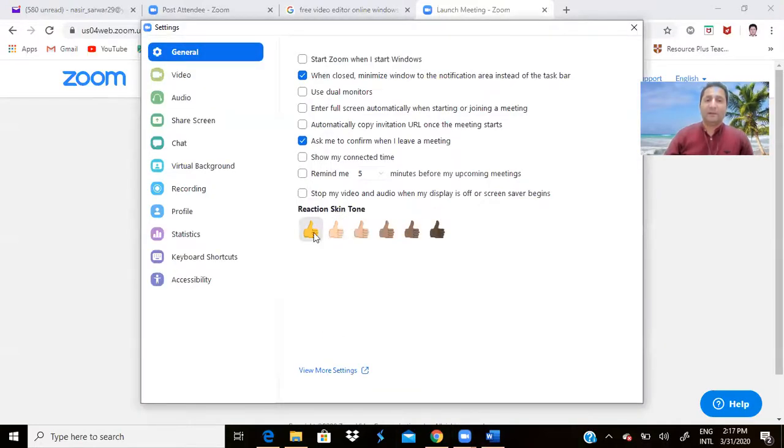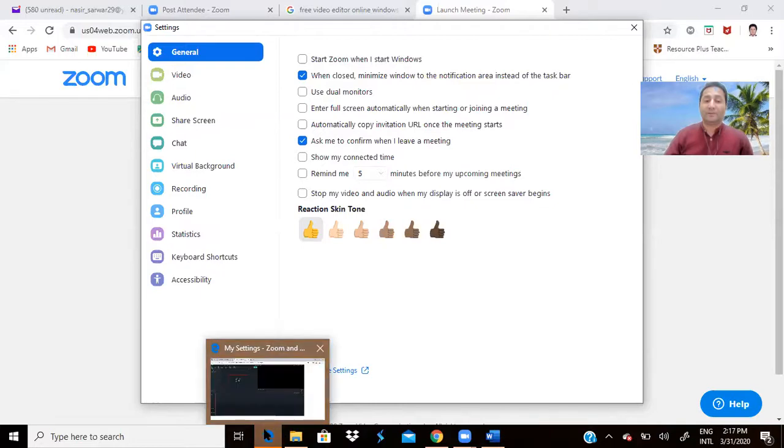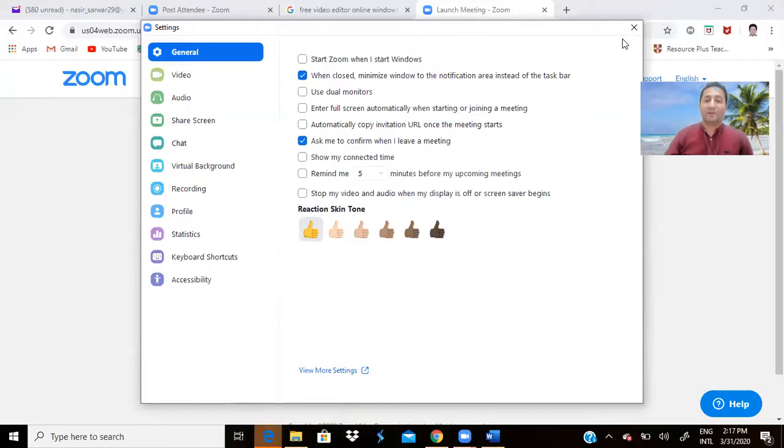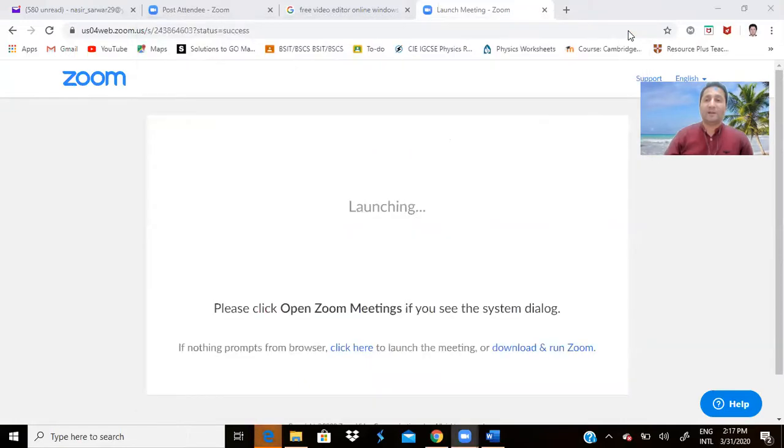When you have the setting here, all of this part, video, audio, all are here. You have to go down and there is written "view more setting." Click on view more setting. When you click on view more setting, a new page will open in Internet Explorer. You can go and see that page, and you just minimize this page. Now I will minimize the screen and share the new page that I opened after clicking that. I want to share that page with you.